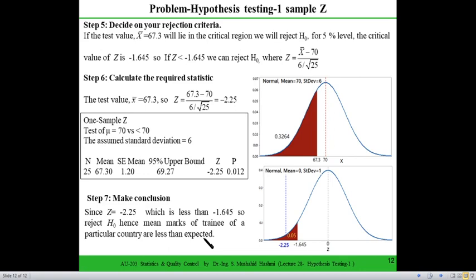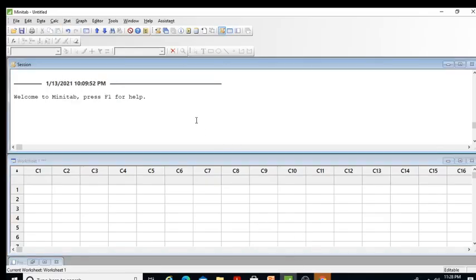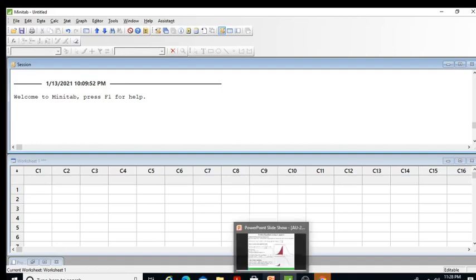So your claim that your expected marks is 70 is not true, and your alternative hypothesis is correct. So this is how we can do that, and I will show you later how to do it in Excel as well, and Minitab as well. Okay, so how we can do the same thing on Minitab is,